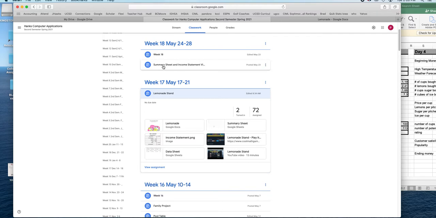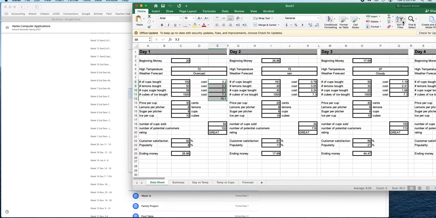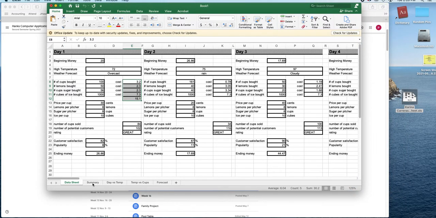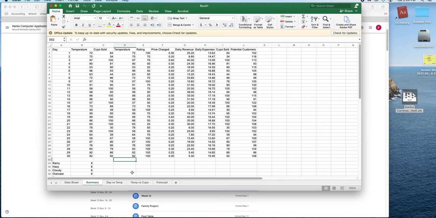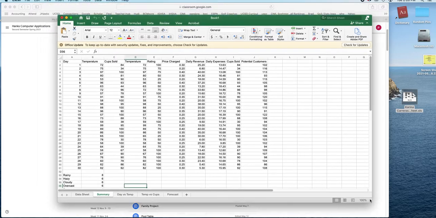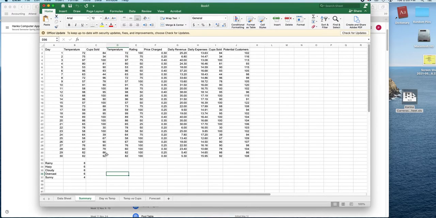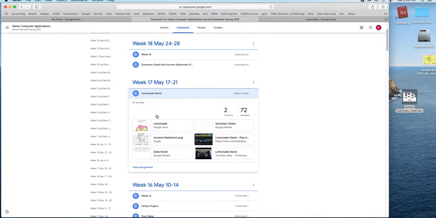When I was gone, we didn't have a lot of people using this video, so please take advantage of these if you would. All right, so we got the data sheet and we have the summary sheet, with the forecast days. This is an example of 30 days, but we're going to make some charts. Now, what charts do we have to make? Well, here in this direction sheet,